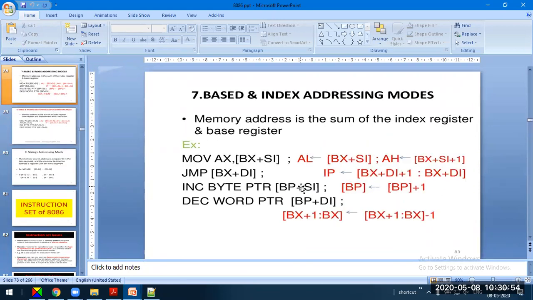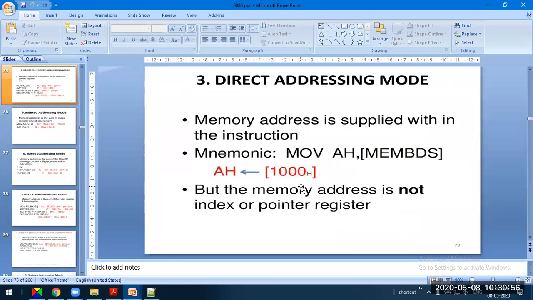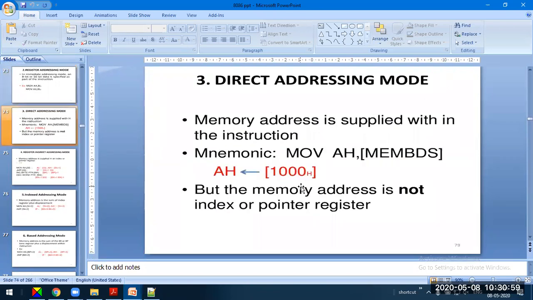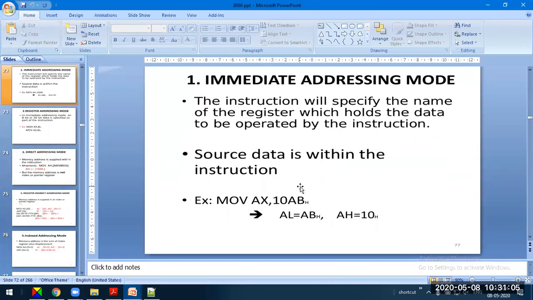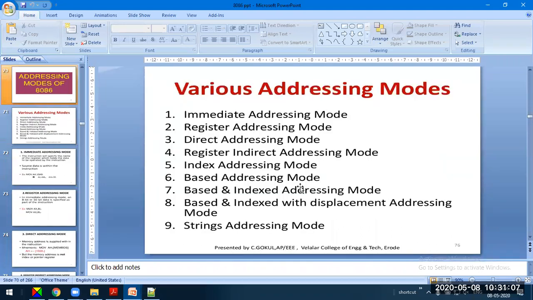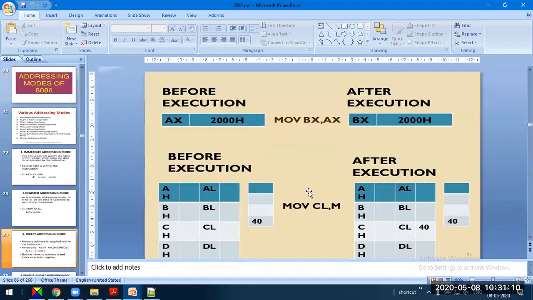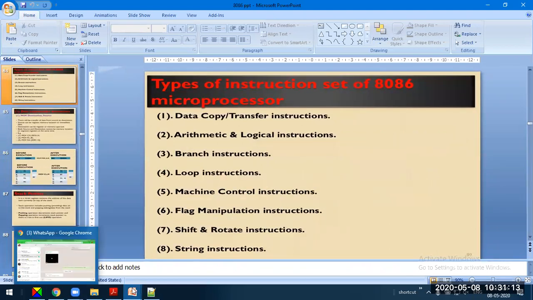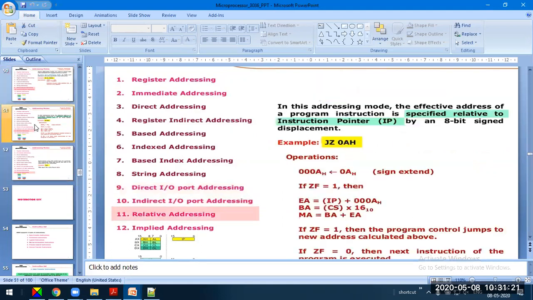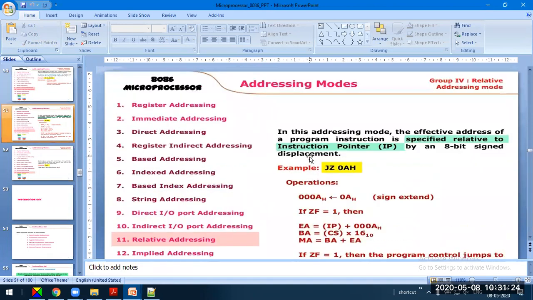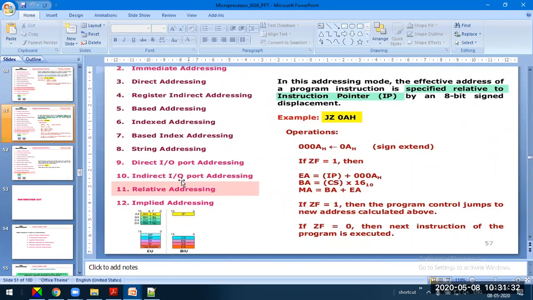For indirect addressing mode, not register indirect addressing mode, it's also not shown. I'll take it up at a later stage. I'll show the example for register indirect addressing mode. So next we'll look into relative addressing mode. The example is not shown in the slide, so I'll discuss indirect addressing mode at a later stage.